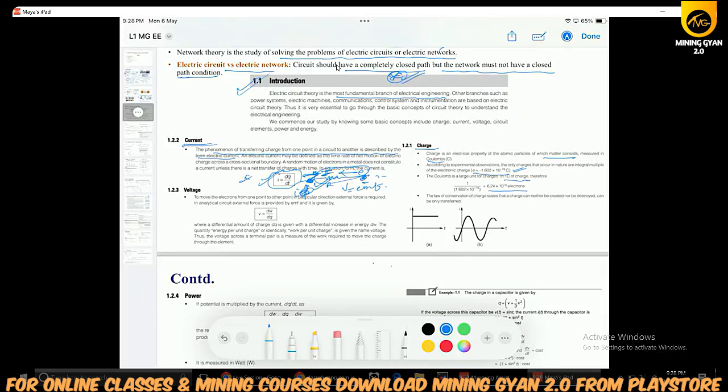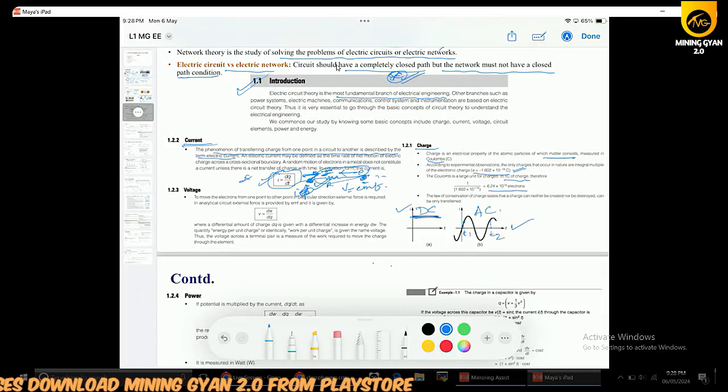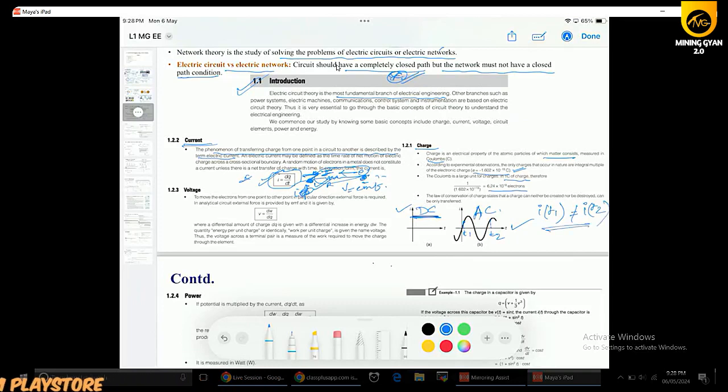So what is the difference between these two? As you can see, irrespective of time, the current value is constant. So this is called a DC current. Whereas in this case, the amplitude and phase, so many things are involved in the case of AC current, alternating current, because the amplitude of the current is changing with respect to time. Let us say this is T1 and this is T2. So you can see that i at T1 is not equal to i at T2. This is called an alternating current that changes its amplitude with respect to time.